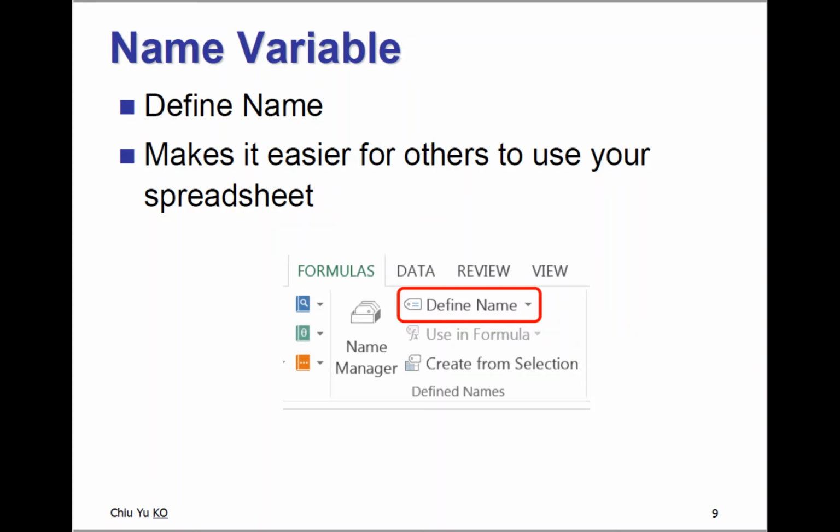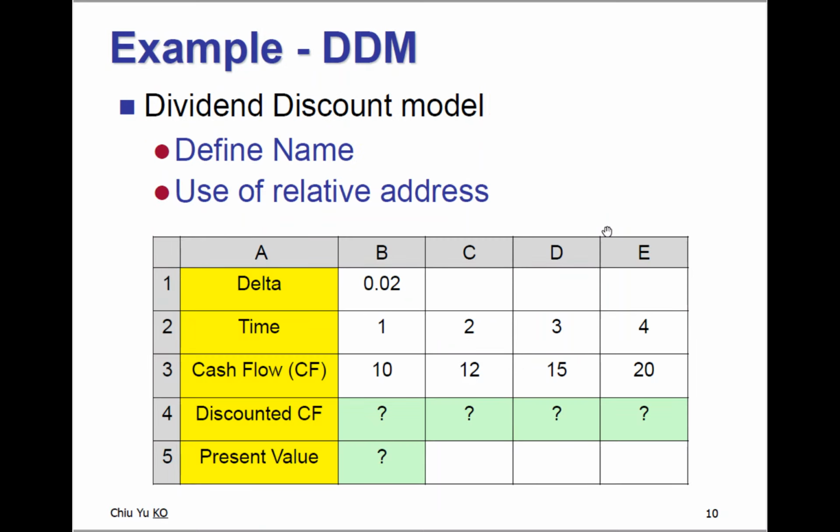Okay, so the next example we have is called the dividend discount model. This is delta, a discount factor, and then this is time, and this is cash flow. Then your discounted cash flow. The sum of discounted cash flow is the present value. So you really want to use the discount factor a lot of the time, so you want to use absolute address,